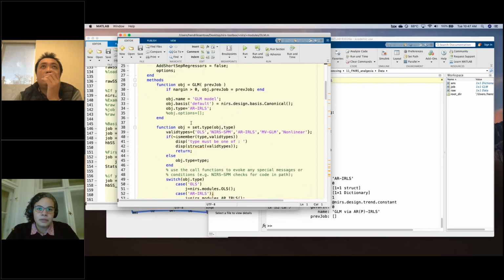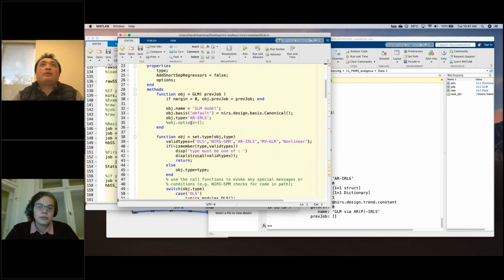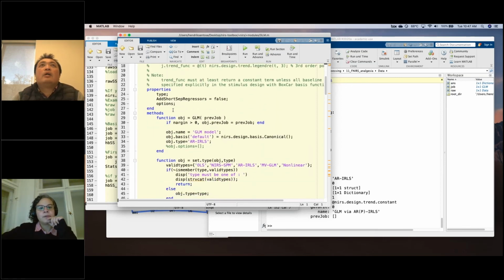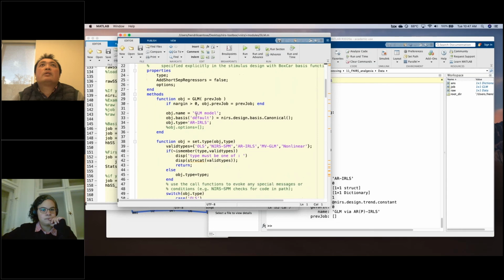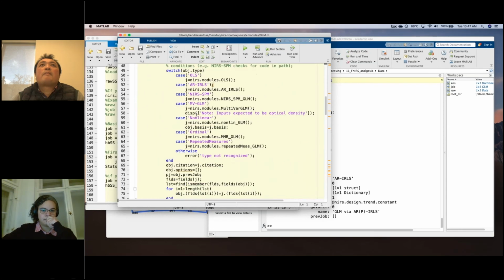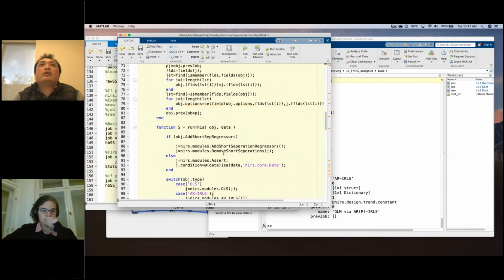Is that right? For default, yes, but we can set that one. Okay, so this adds a regression. Yeah, I think we can set it in here.